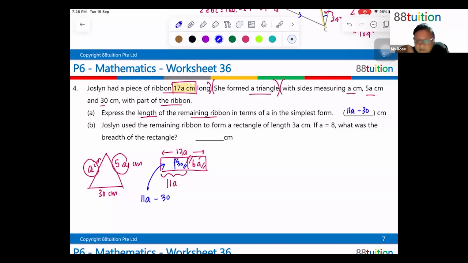So remember, the unit for 11A is cm. The unit for 30 is also cm. So if you want